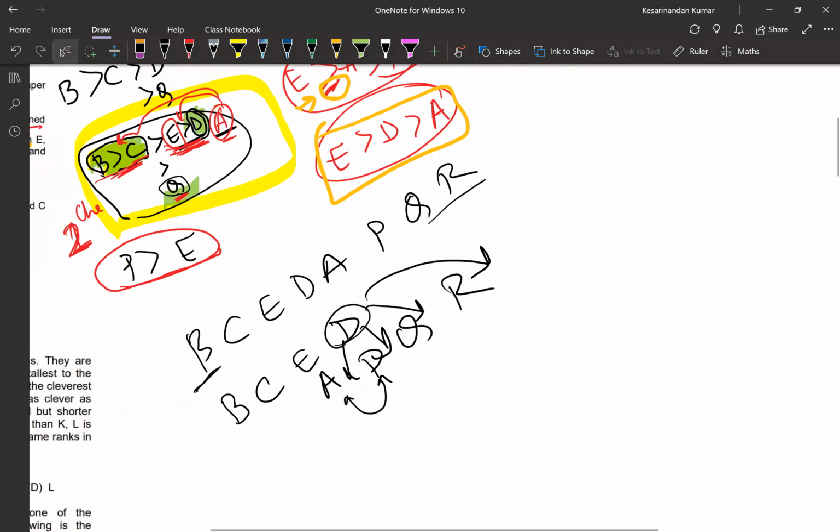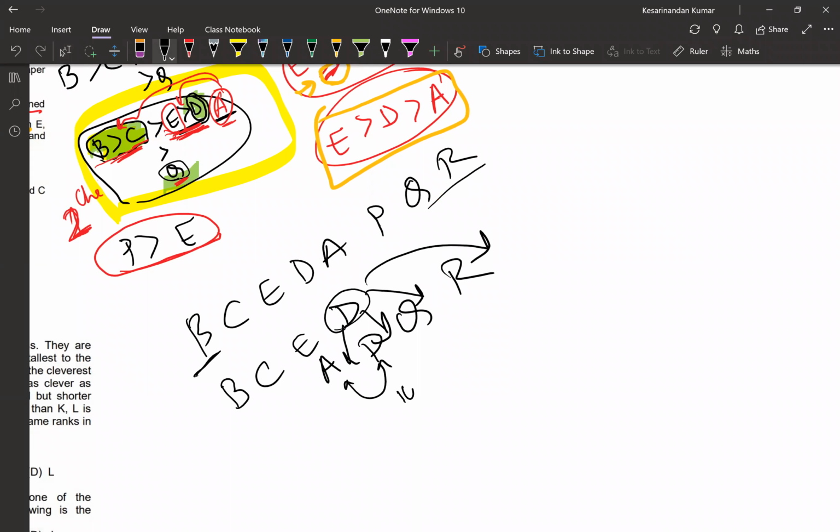Let's say P's value was 10, Q is 8, and R is 7. E is 12. A, let's assume it comes out to be 12, and D was the cheapest car, 3. Then D will come here. If D is equal to 7.5, it will come here. If it was 9, it will come here. If it is 11, it will come here. Now, does it make sense?